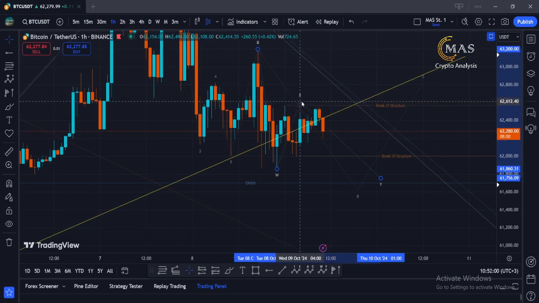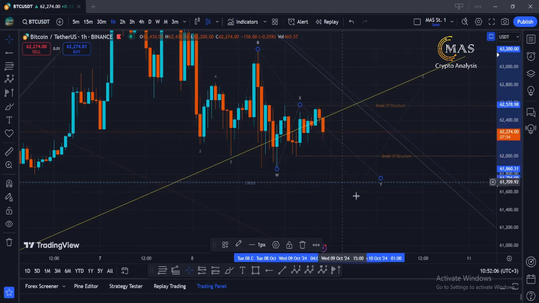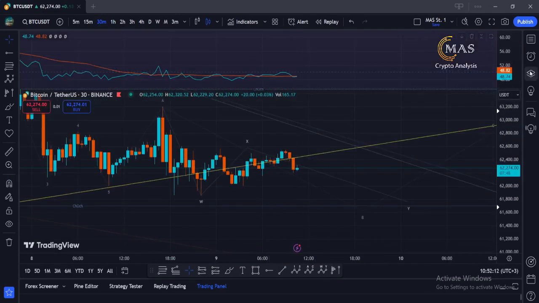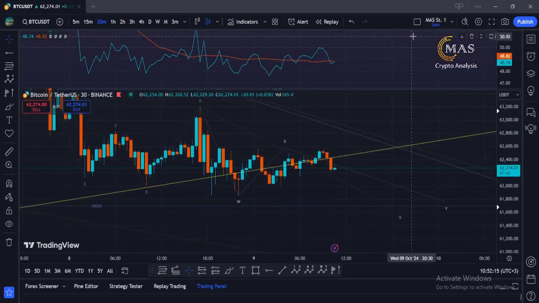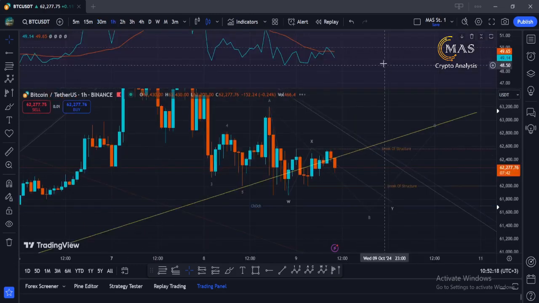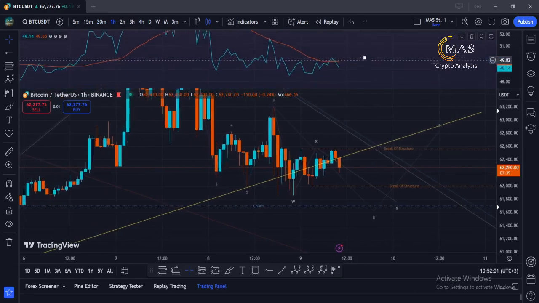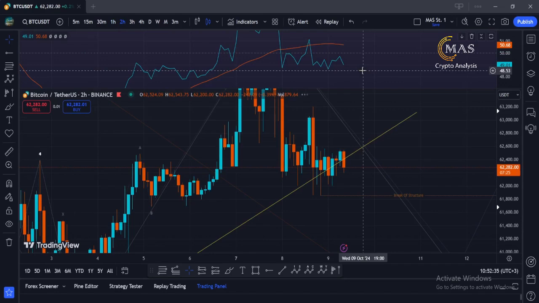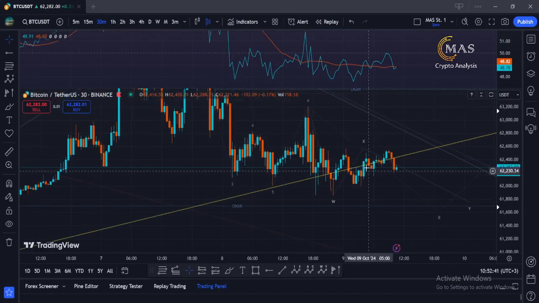Until now, my friend, I need to put it in one position, but I can't see what I will have. Reaching for this 30 minute, and as you can see, I can't see any sign to take my decision here, my friend. Reaching for this area, this highest, and go for this down and reaching for this point also. I can't see any sign to detect what we will have in the next hours. Reaching for this 30 minute, my friend.